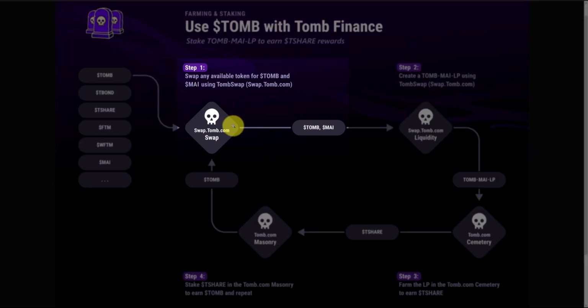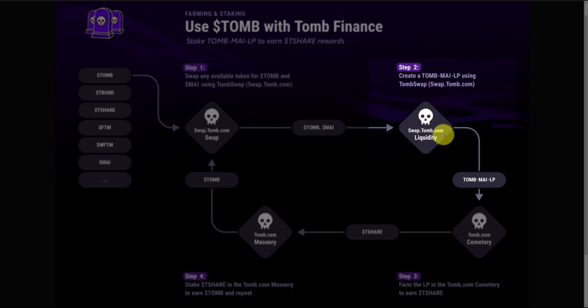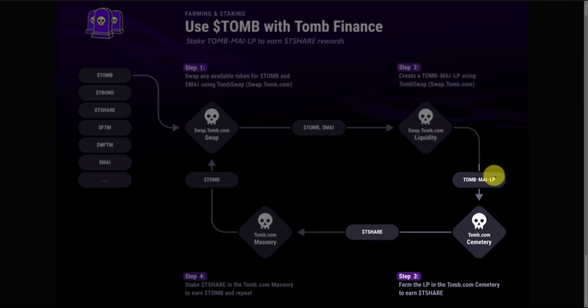First, we're going to go over to TombSwap. We're going to be able to get our TOMB-MAI. In this example, we're going to use FTM to get some TOMB. We use FTM to get some MAI. Then we're going to go to step 2 and we're going to create that LP. Then we're going to go to step 3 and then we're going to be able to put that LP in